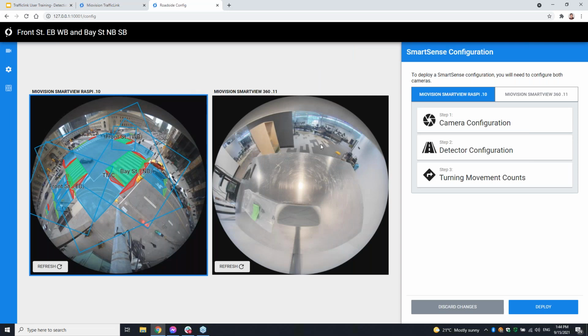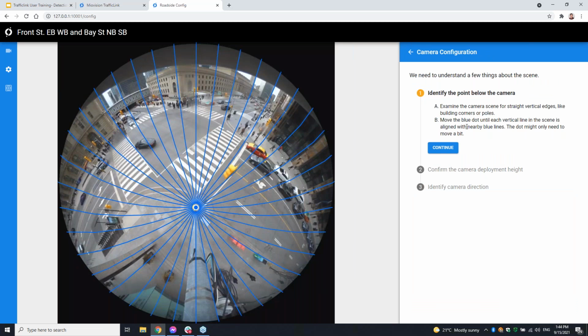Again, this is just the tool set locally on the device in the cabinet here on the right. So it is slightly limited compared to the cloud version, but you'll see as I go. So we're going to configure. We're going to play around with this configuration here. So we're going to use this one. First step, I'll go through the 3 steps of configuration. Hopefully that gives you an idea of what to do.